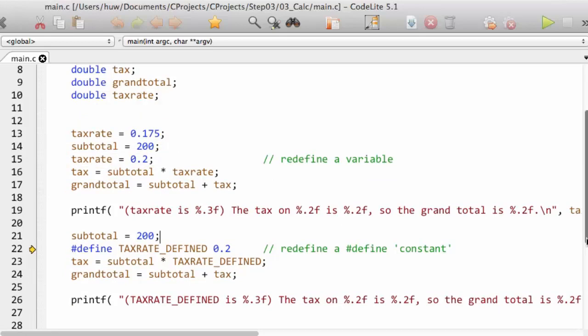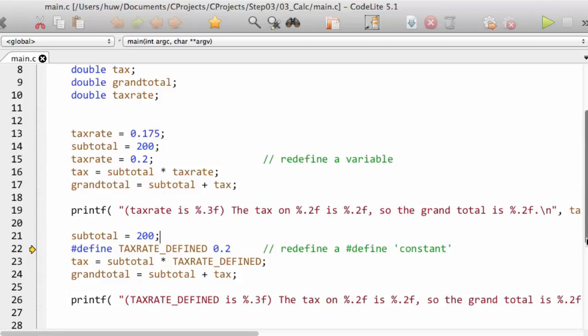Well, normally I wouldn't want to do that, and in a small program like this it's rather obvious that I've made a mistake. But of course in the real world, C programs are often thousands or tens of thousands of lines in length, and in a very complicated program, a programmer might redefine a variable accidentally, because the place at which it was defined originally and the place at which it was redefined might be separated by many hundreds of